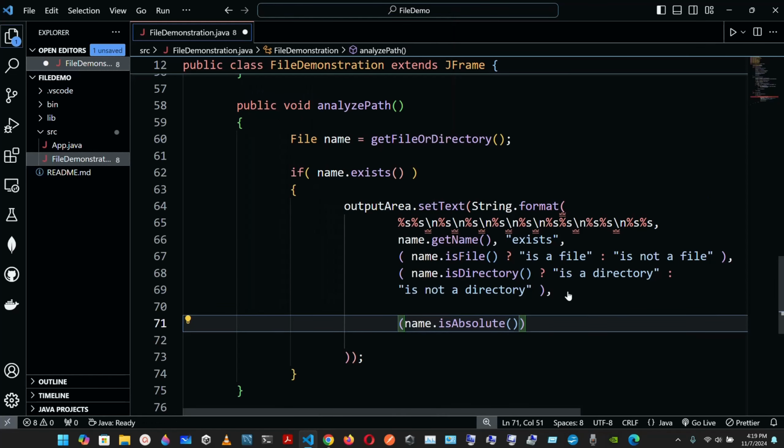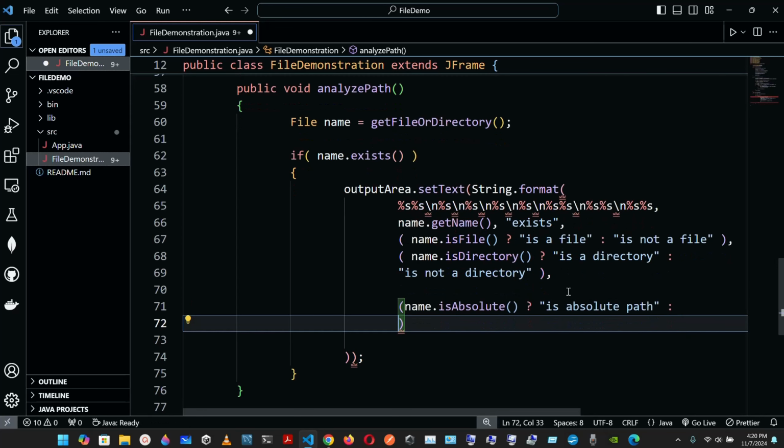Okay, name that is absolute, ternary operator, double quotes, name is absolute path, is absolute path, yeah, like this, calling is absolute path, and okay, so this one would be is not